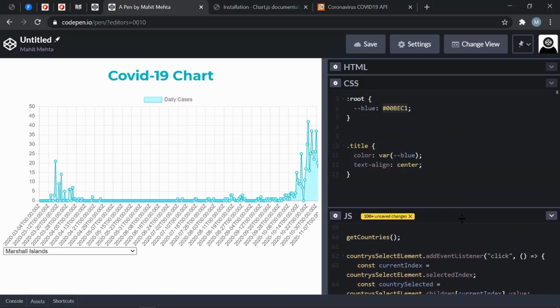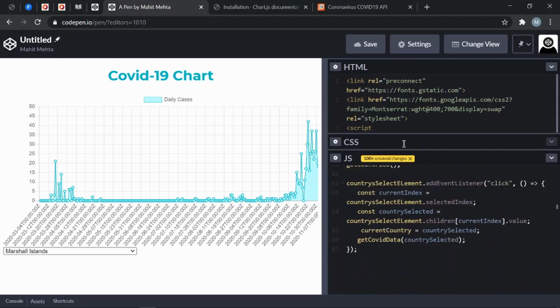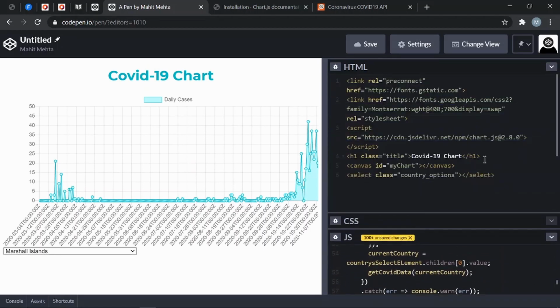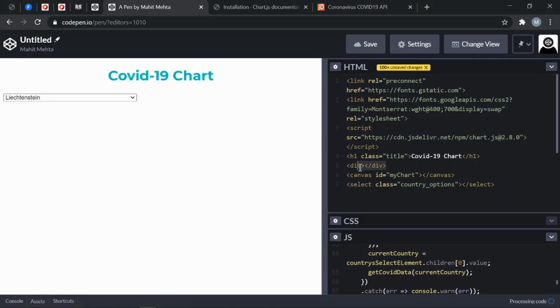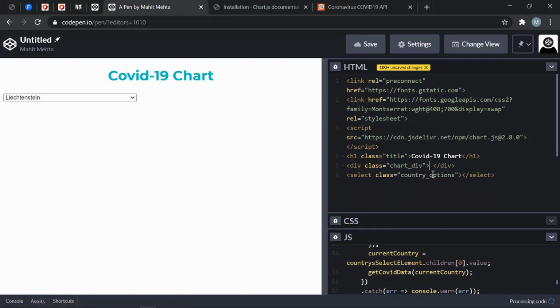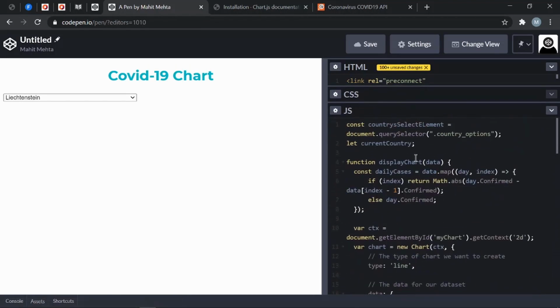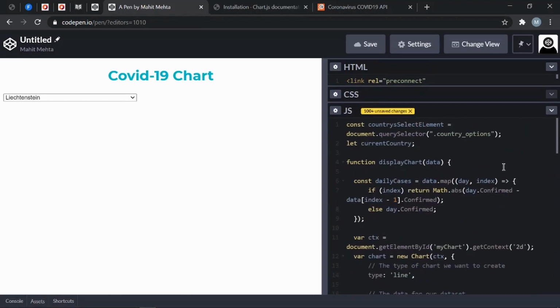What we can do to fix this issue is replace the canvas every time. So let's make a div, and give it a class of chart div, and instead of writing this canvas physically here, let's just remove it temporarily. It's going to cause some errors because of what we just did, but what we can do is go to this display chart area, and we can